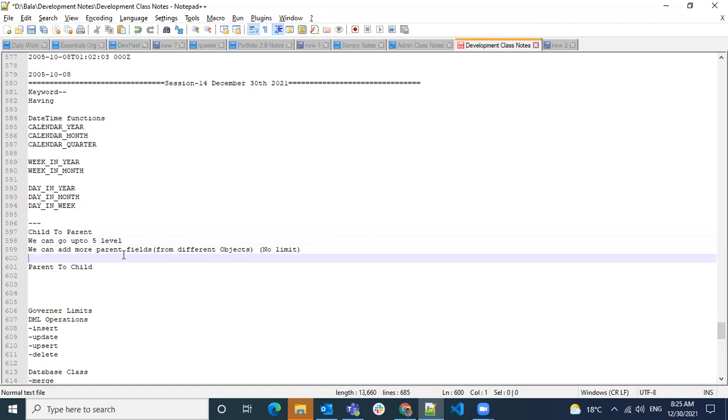If it is starting from one parent, you can go up to 5 levels, but you can add any number of parent fields. There is no limit to it.